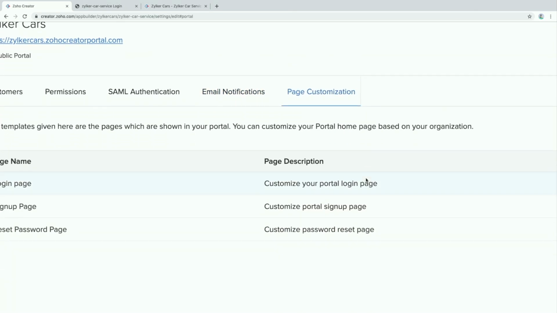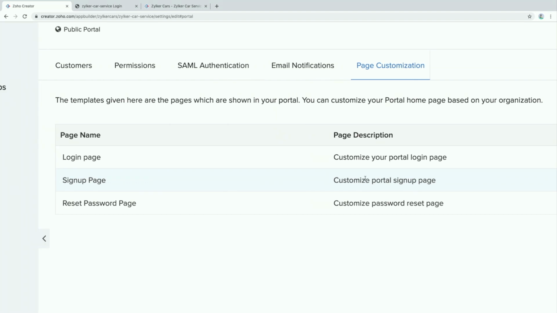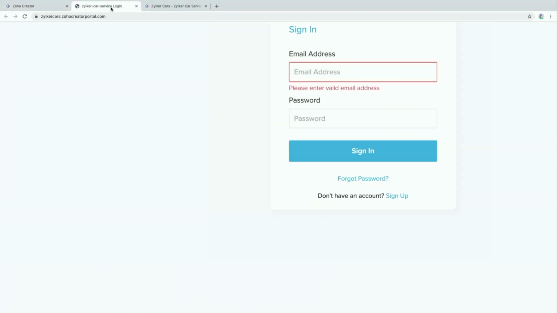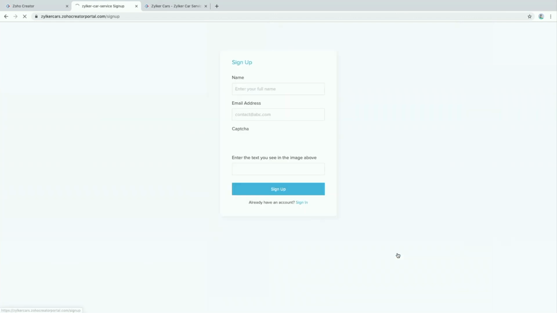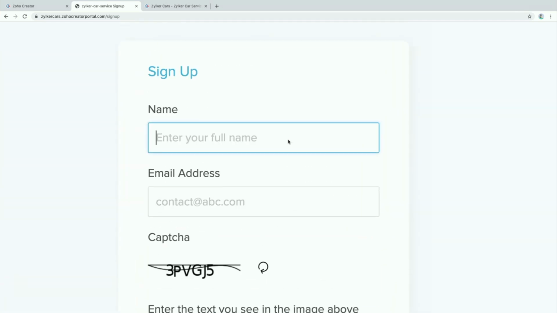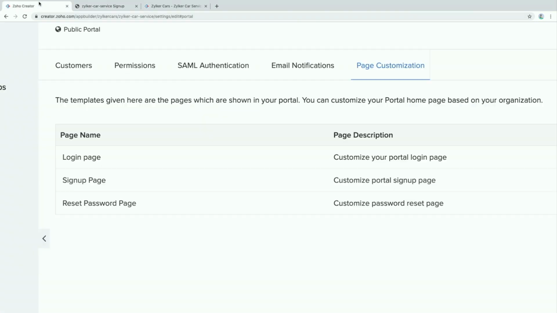And there are options to customize the pages as well. So when you say a customer portal, there is a login page or the sign up. This is the login page. I can click on sign up here. That will take me to another page. This is a sign up page. Right now, we haven't customized anything. Whatever is given by default by Zoho is available in there. You can customize these pages as well. That's the option: how the password reset page should look, the sign up and sign in page.